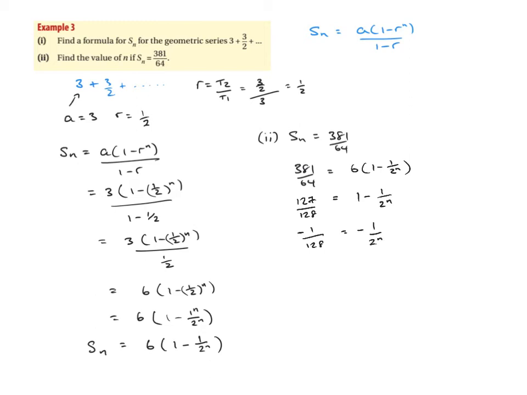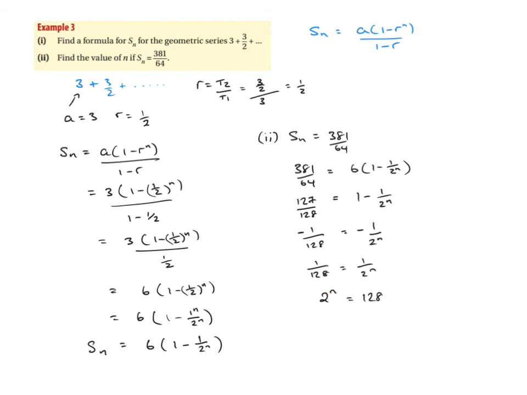Okay, next thing we'll do is get rid of those negatives. So we've got 1 over 128 is equal to 1 over 2 to the n, and then we're going to cross multiply to get everything off the bottom. So remember to cross multiply, that's going to go up to here, that's going to go to there, so we end up with 2 to the n is equal to 128. Now we have our n in a power, an exponent, an index,